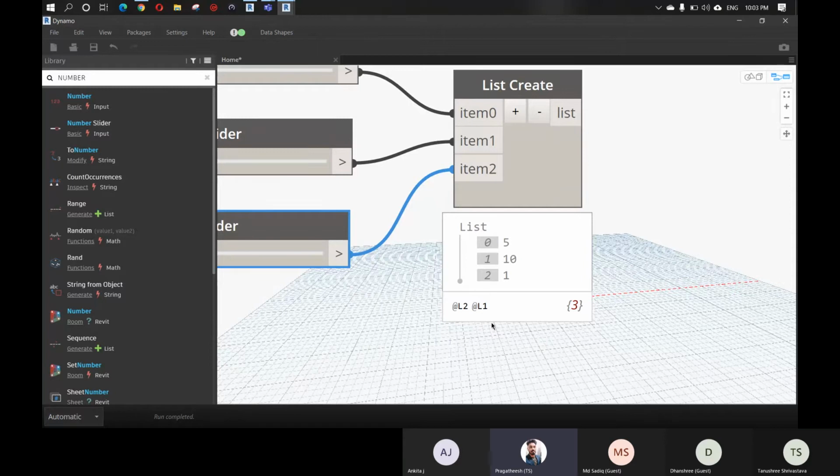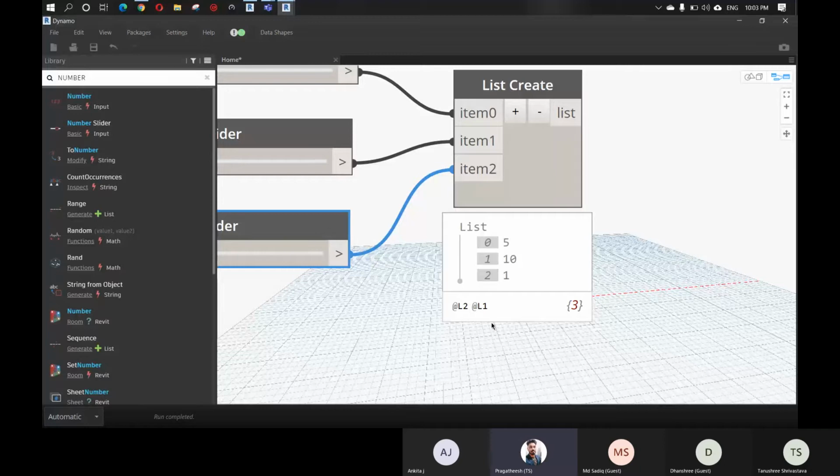One more thing to note about the list before we move on is that the order of the input we put in is important. Dynamo assembles the items into the list in the exact order that we plug into the input. Dynamo hasn't automatically sorted anything for us. If we want to change the order of these items, we would either need to find a node that will sort differently, or replug into a different list create node.